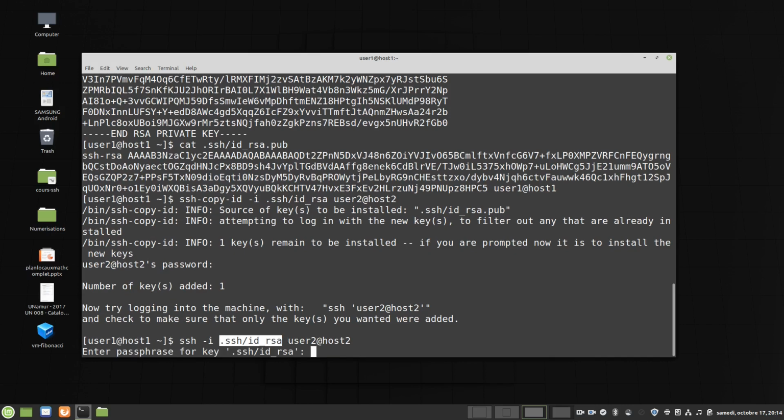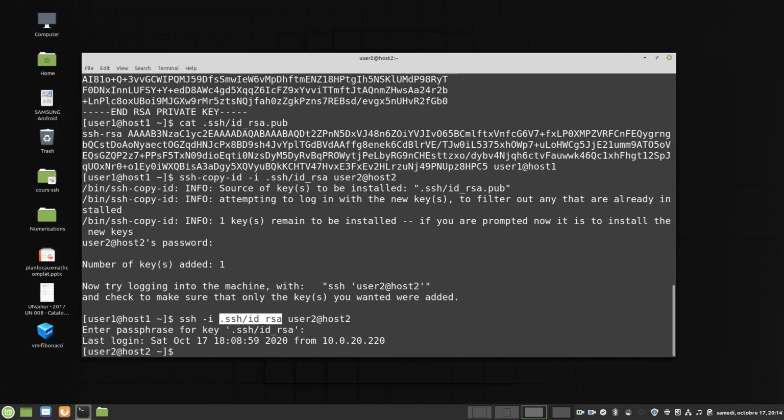Here we need to put the passphrase to decrypt the private key. You see now we are at host2, and the public key of user 1 is in the authorized keys file.